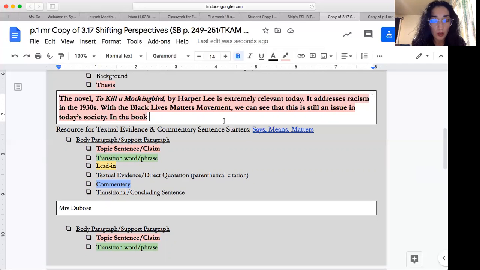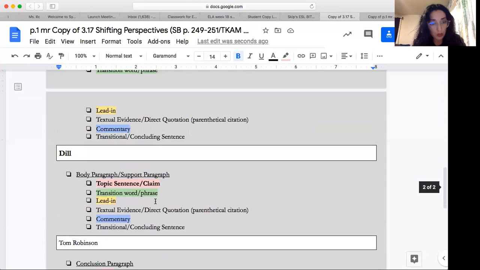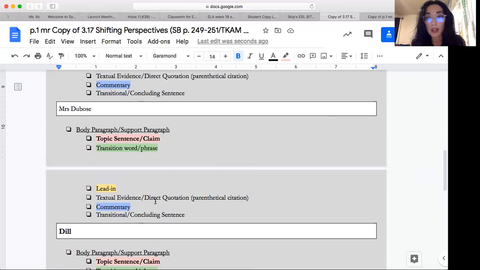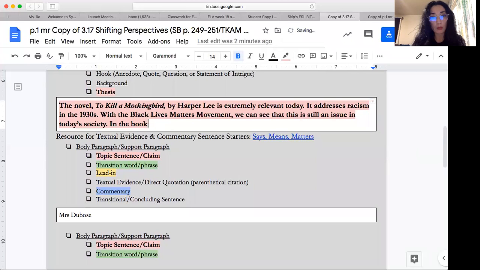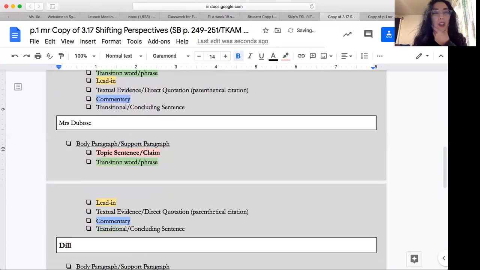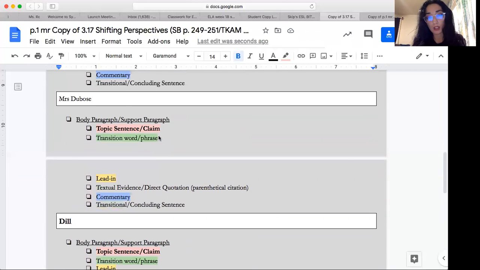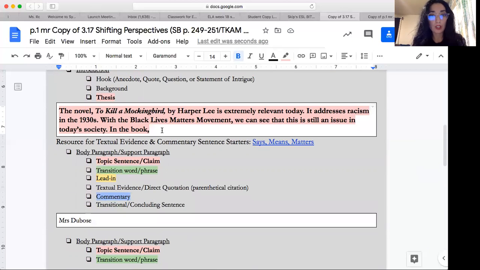Let's see. So I want to start introducing, like giving the reader an idea of what my essay is going to be about. So I'm going to say in the book, and for me, I think I'm going to do conflict because the conflict is what stands out to me here. So for me, in this example, I'm going to talk about conflict. In the book,